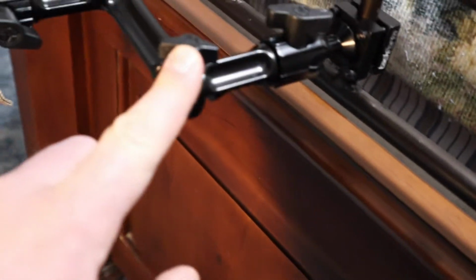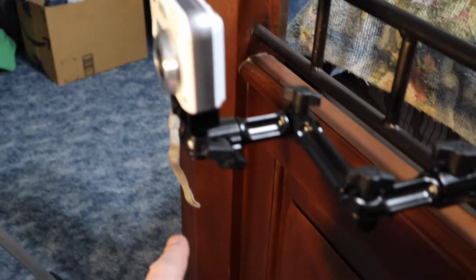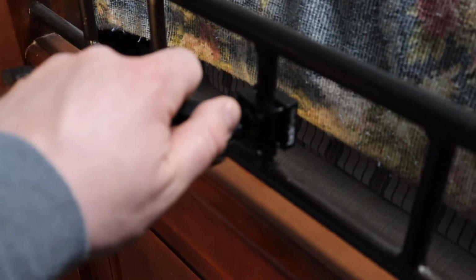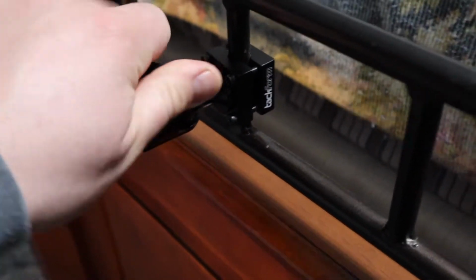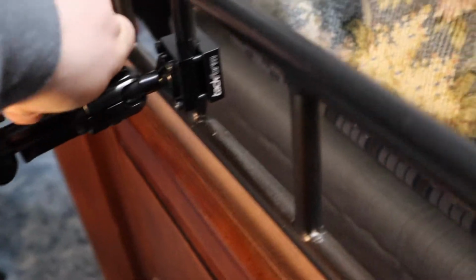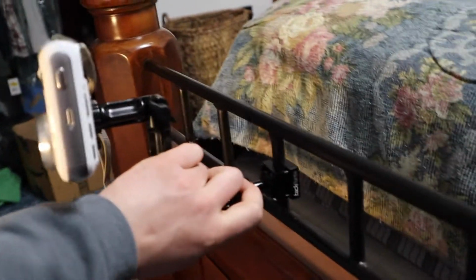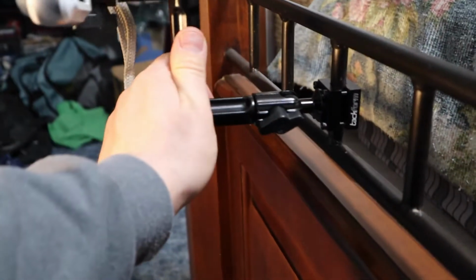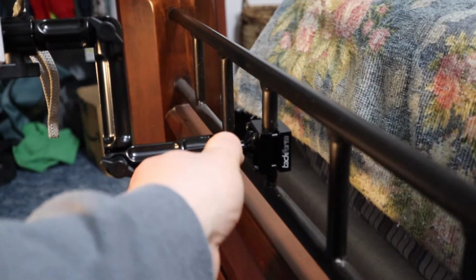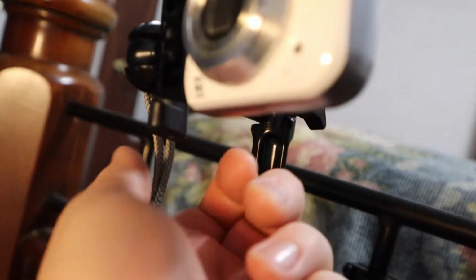You see, this will stay locked like this because of the teeth here and in here. You see how I have it. Let's say you want to raise the height of the camera, you can, but keep this Z, if you will, locked. See, I can loosen it here, like so. Well, I don't know my own strength sometimes. See what I'm doing here? Just like so. So I could do this now that Z is vertical, if you will. I'll tighten this a little more. And then over here on this end, what I can do,